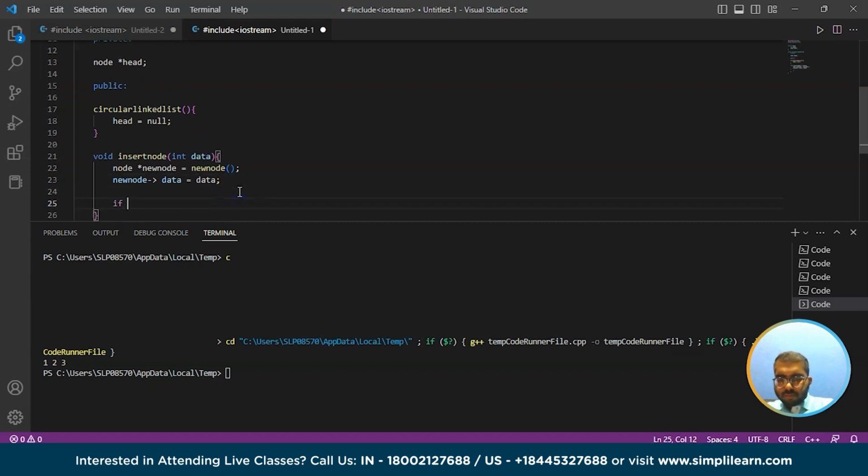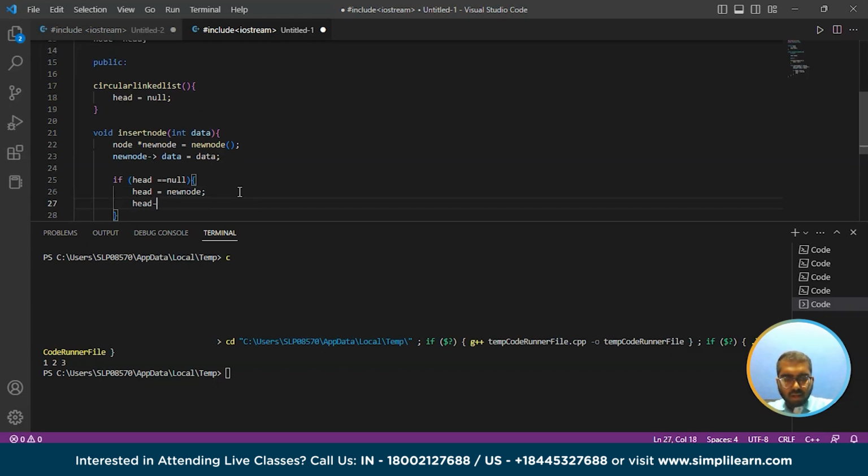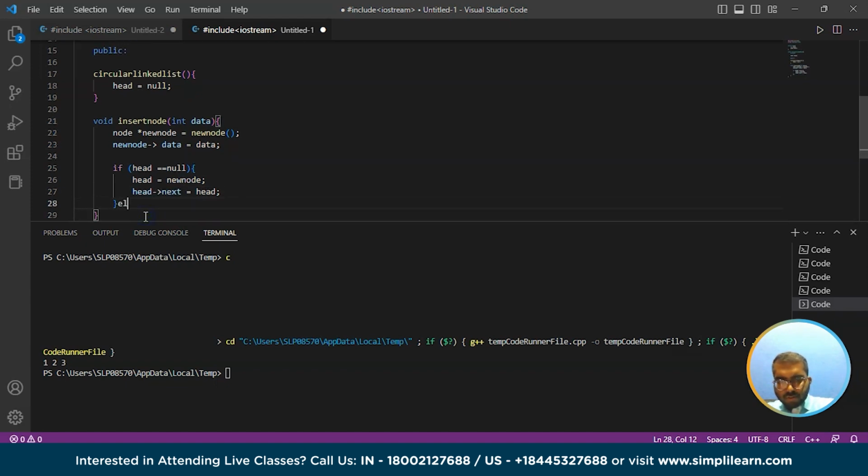So if head is equal to null, in that case what we'll do is we'll assign the head to the new node. Head is equal to newNode, and head of next will become the head again. Head of next will become head. Also we have to give the else condition, right? So else